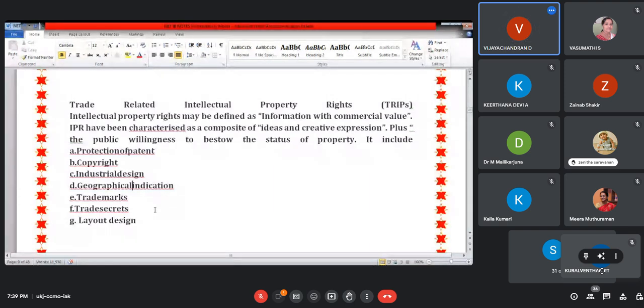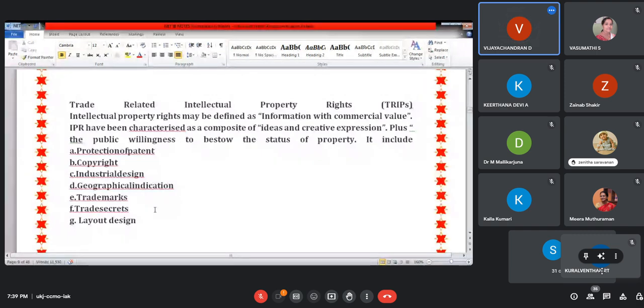So you have to find the difference between TRIMS and TRIPS, also CATS. Only these three are coming under the WTO. These are all the organs of the WTO in order to promote international trade. Any service will be under the umbrella of GATS. Anything coming under foreign direct investment will be coming under TRIMS. Intellectual property right is coming under the purview of TRIPS.